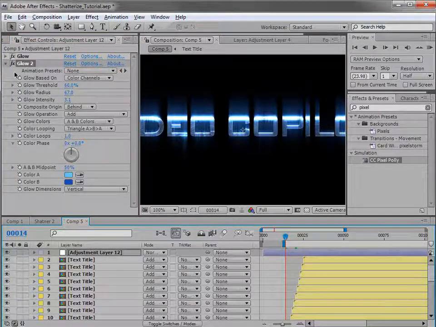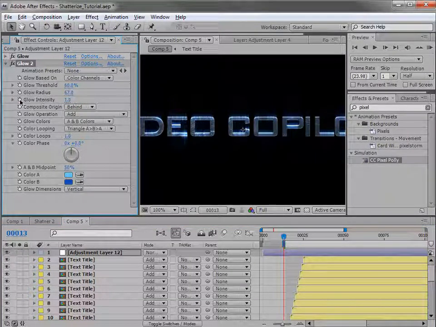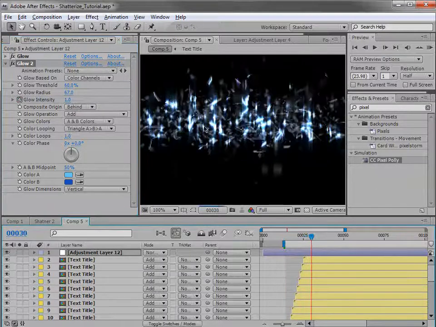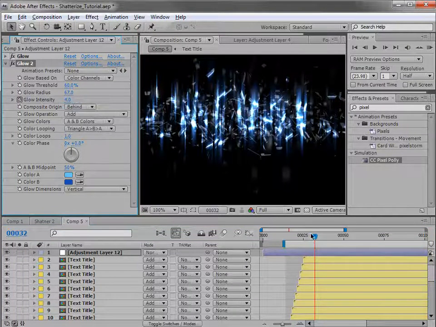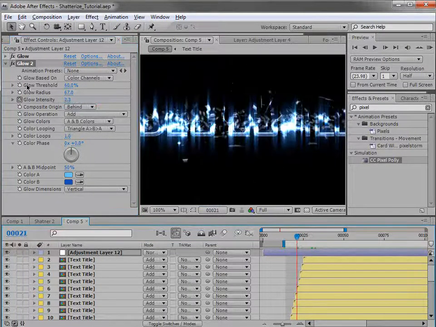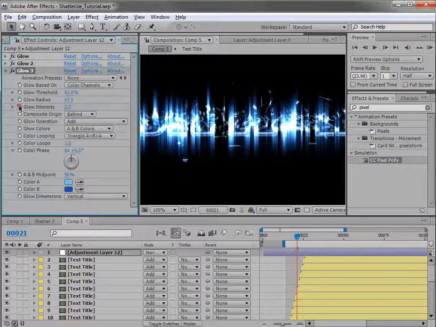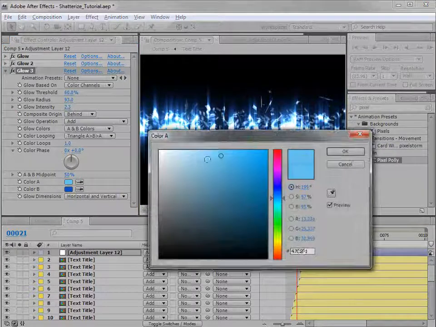I may want to keyframe this one on. So we'll go ahead, set the intensity down to maybe 1, set a keyframe, and then move forward to the animation after it's done going through, and then set it up to maybe about 4. Pretty good. And what the heck, we'll duplicate it again. This time we won't animate it. And instead of vertical, we'll set it to horizontal, so it's just a regular glow. We'll make it nice and big, maybe even